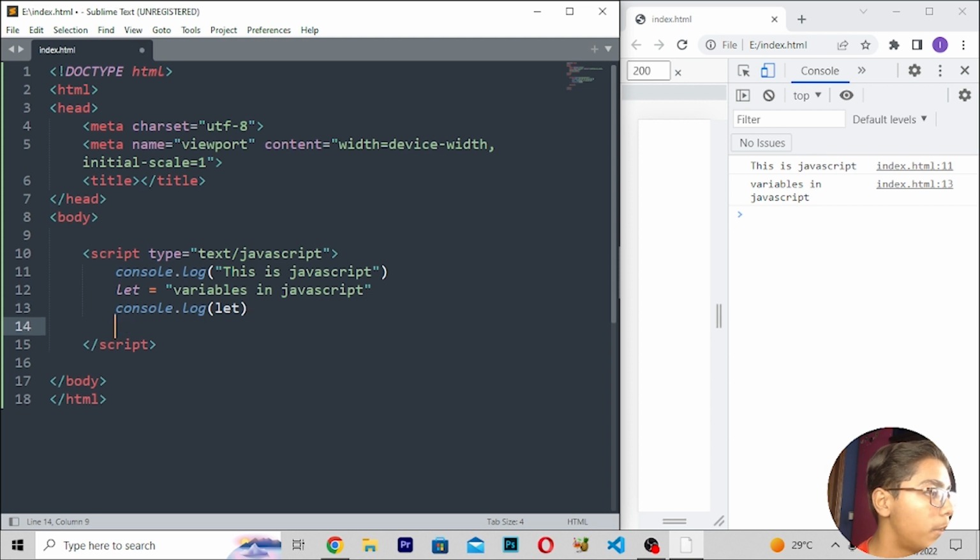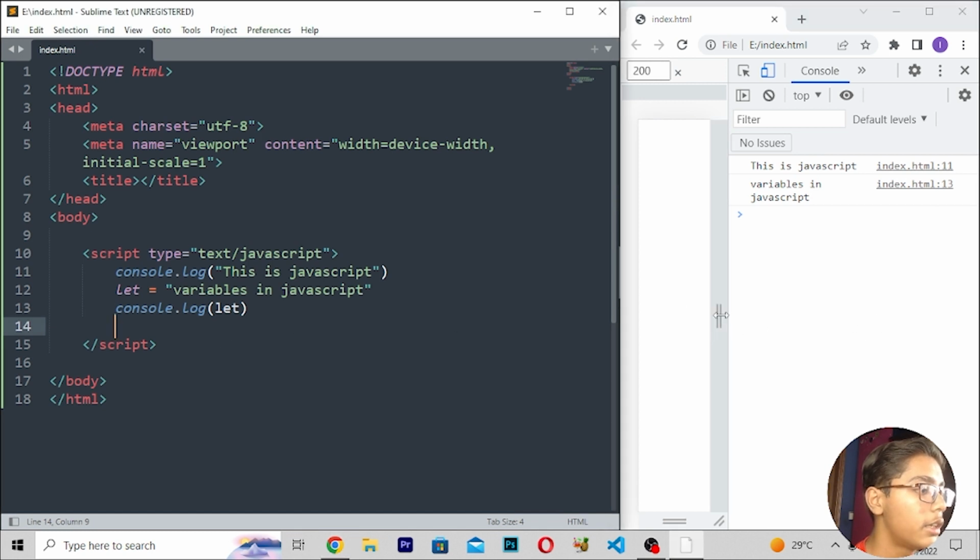So you can move down here and you can use some of the other tags also to work with this. Here you can use the same tag, and when you have written this, you have to move into this tag, and after moving here you can save this, then reload this, and then you will see that we are getting variables in JavaScript written here.